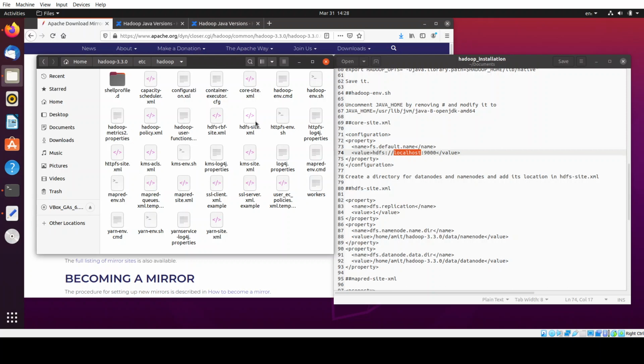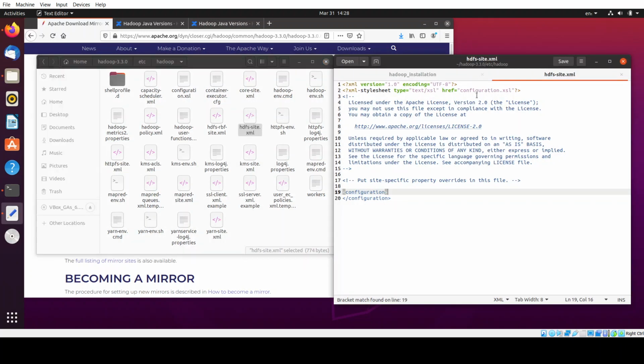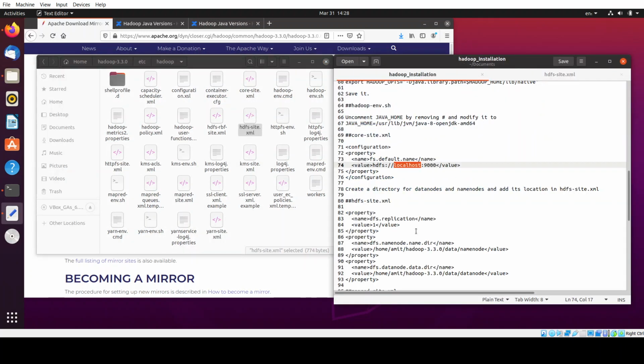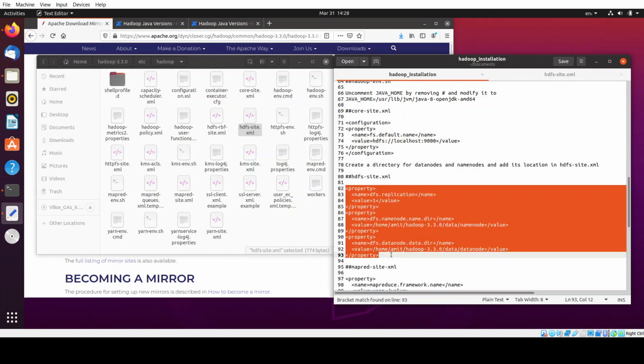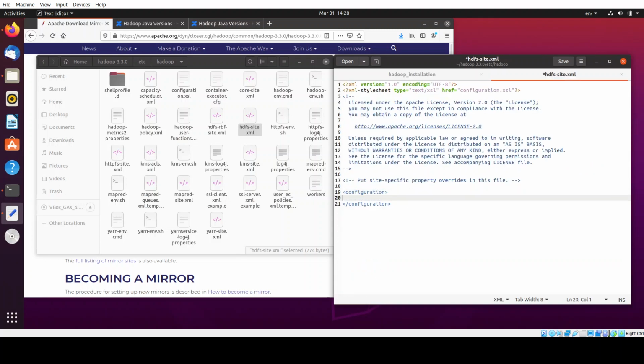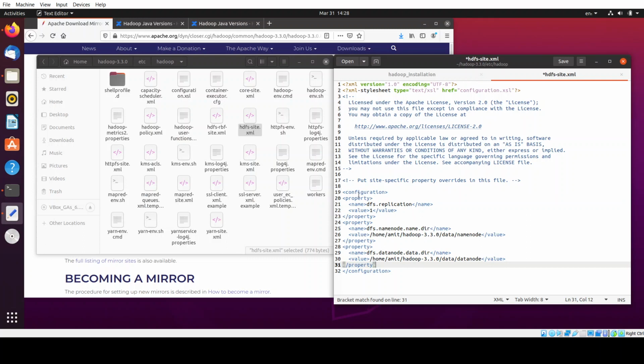and open this hdfs-site.xml. We have opened it over here. Open it and paste this value. I'll explain it to you once I paste it. Okay, so let's paste it. Over here we have the property dfs.replication. Also make sure to remove whatever is in between the configuration and /configuration tags if you have anything before we modify it, so that there won't be any conflicting property values.